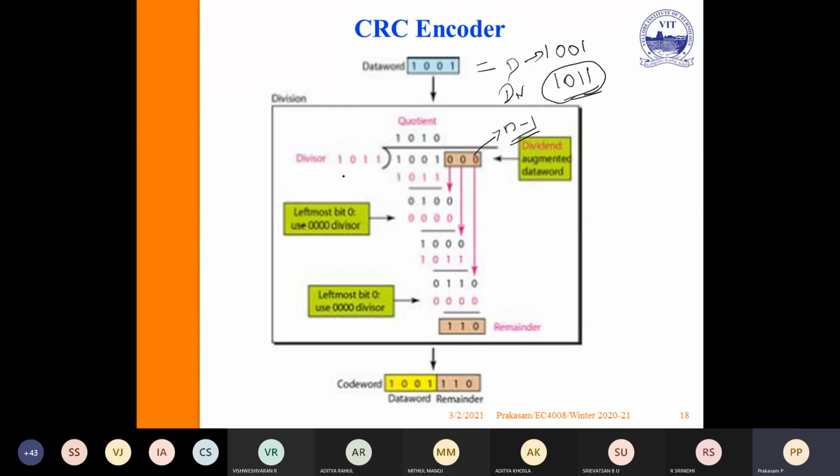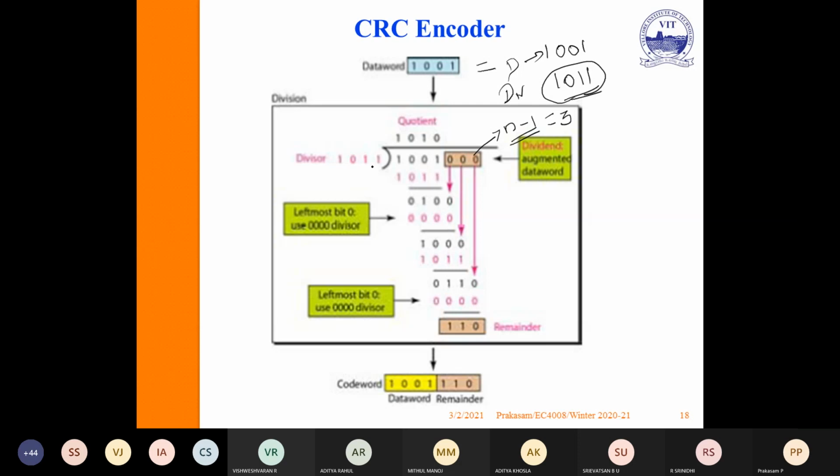If the divisor is 4 bits, kindly add n minus 1, that is nothing but 3 bits, as the augmented data word for easy calculations. The CRC first step: you should append the augmented data word to the data such that it is 1 bit less than the divisor. That is the first step.